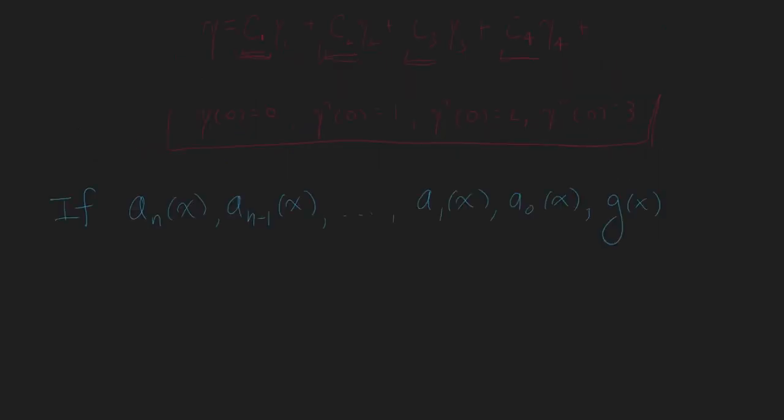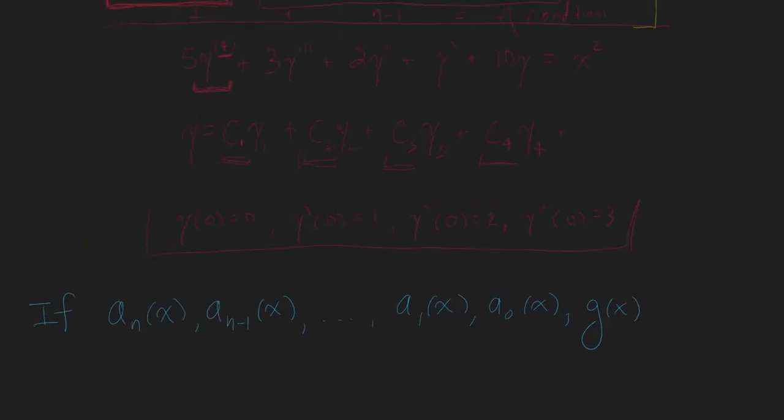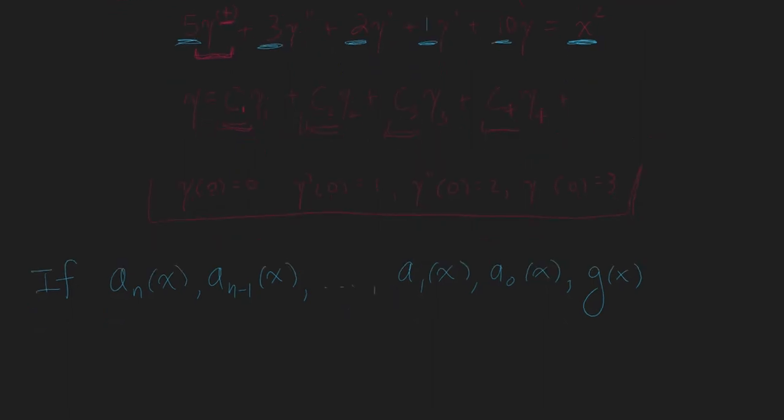So what this would look like in the case of our example, we would have 5, we would have 3, 2, 1, 10, this is a 1 right there, and x squared. If all of those are